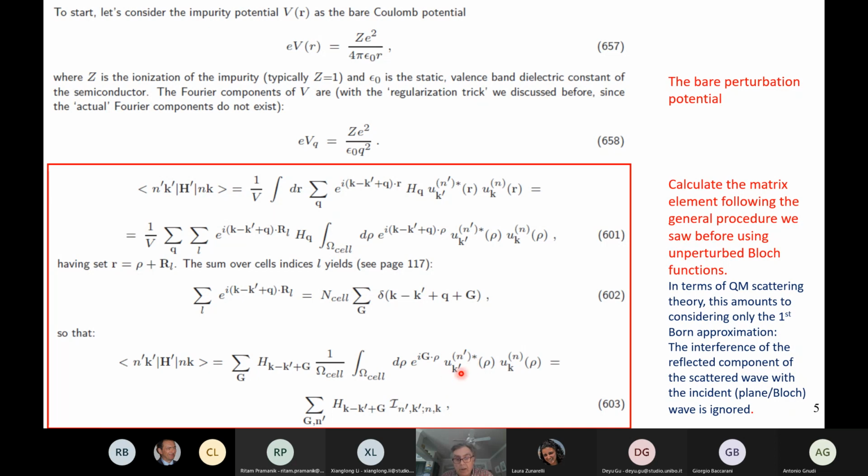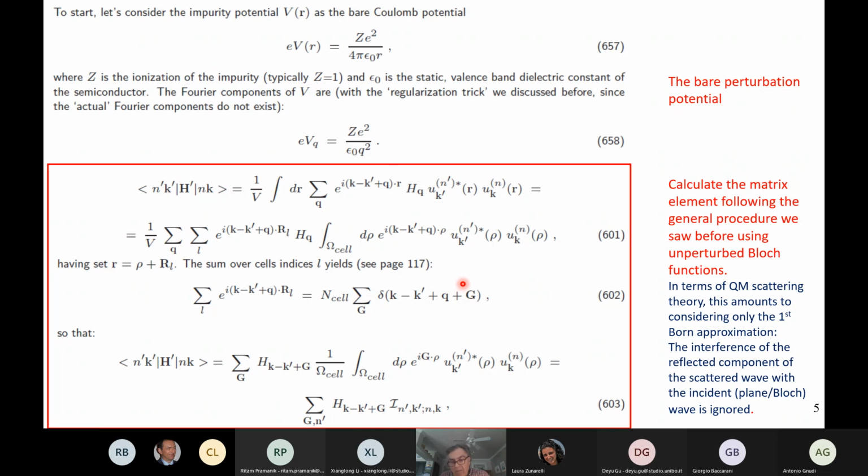So we have to worry about the little u's, the periodic component of the Bloch function. We can use essentially the same process. Notice again that since we're using Bloch waves to express our matrix element in terms of the Fourier components of the scattering potential, we're essentially using the first Born approximation, which, again, I remind you, says